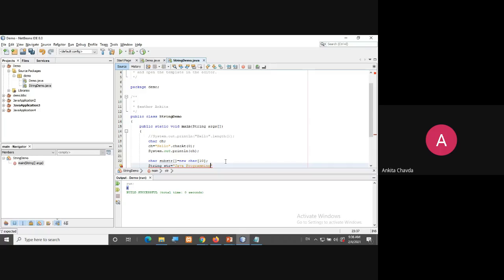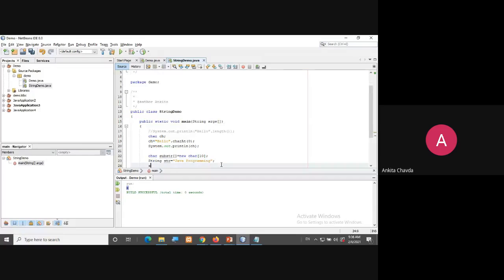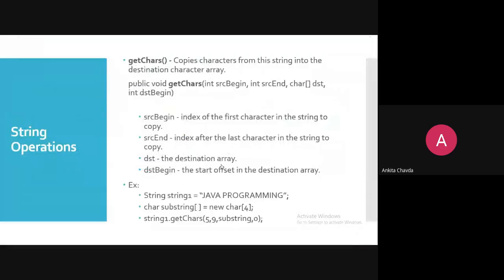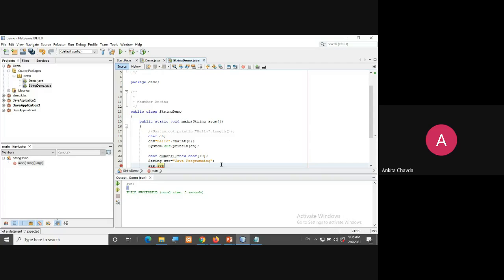I'll take the same, so by that only you will get to know. Now str dot, and here we will take this getChars function. In that I'll give 5 to 9, and store this in substr, from the 0th index. This is what I'm giving.